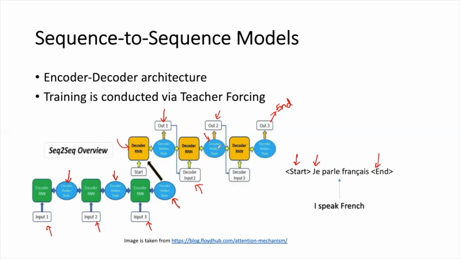Now, in terms of the training of the decoder, there is a slight difference between what happens during the training of a decoder and what happens during the inference time. During training, we have a phenomenon called teacher forcing. What this basically means is, the output word which is generated here, we have an option to pass the vector of that word that we have generated in the previous time step on to the next time step. Or